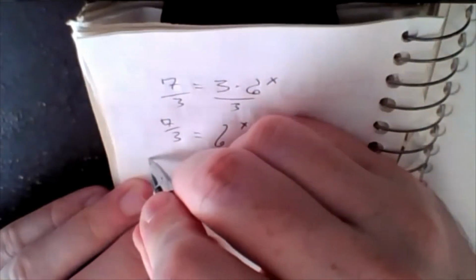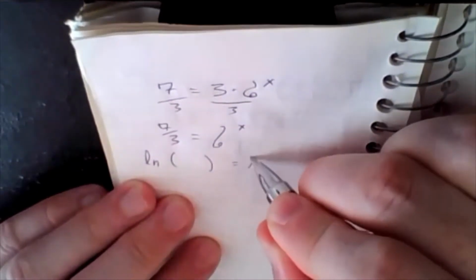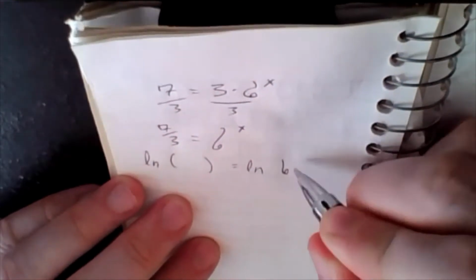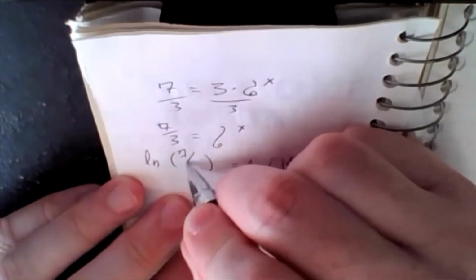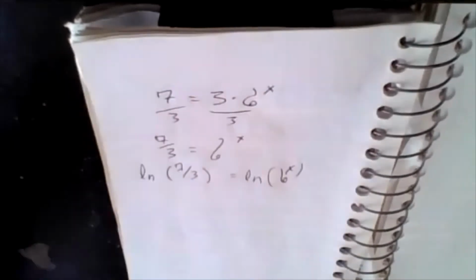On the left-hand side and the right-hand side, I'm going to apply my personal favorite logarithm, the natural logarithm. You don't have to have the natural log as your favorite logarithm, but you should have a favorite logarithm. Anyway,